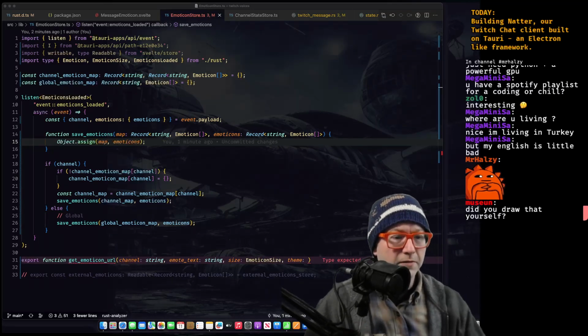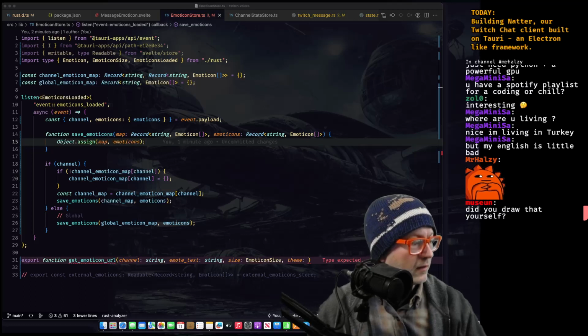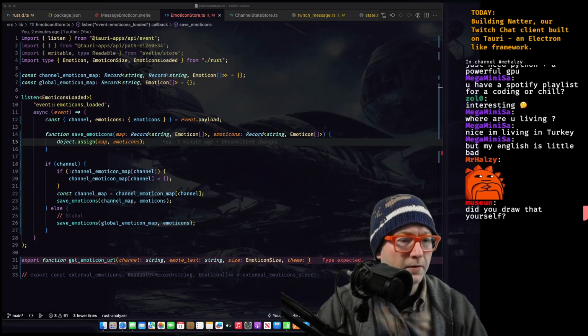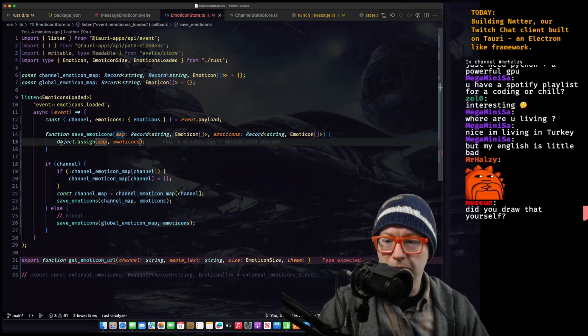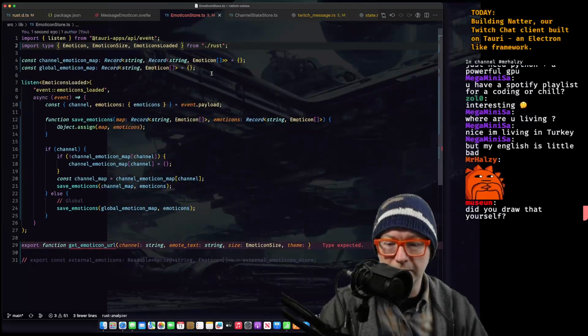Did I draw that myself? No, I think it came from the community. I don't remember exactly. Let's see, copy image. How can I? Okay, so wait, object assign that. Arguably, we could just object assign outside, but whatever, that works. Get rid of that. Get rid of that. Boom, done there.